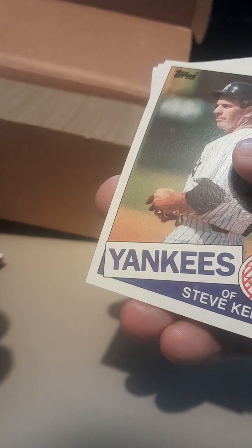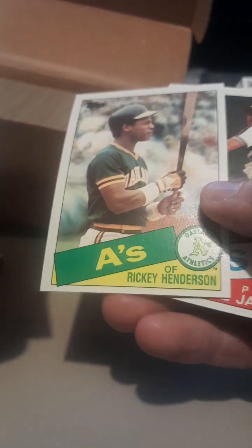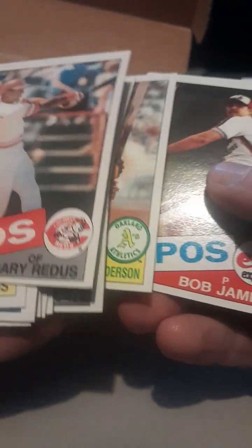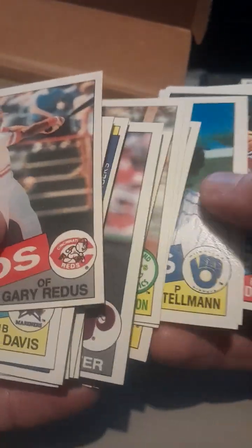The first checklist goes from 1 to 132. Steve Kemp, Pat Corrales, Eric Show, Greg Gross, Dennis Boyd. Dennis Boyd, first year? I believe so. A's Ricky Henderson, and real good detail. Bob James, this is A's Ricky Henderson. This is his 5th year. Bob James, Tommy Kill, Tom Tillman,